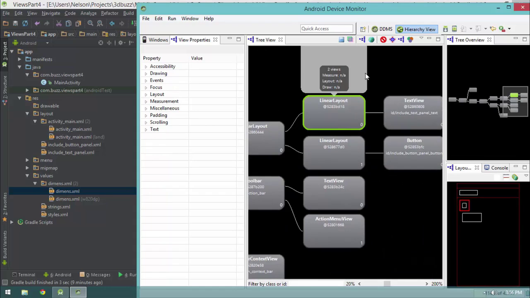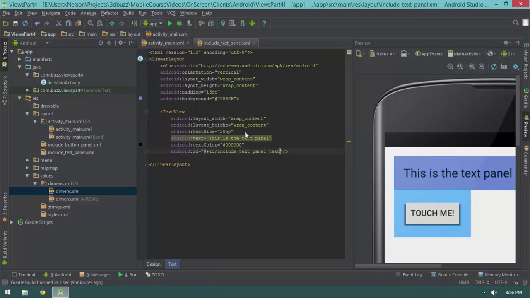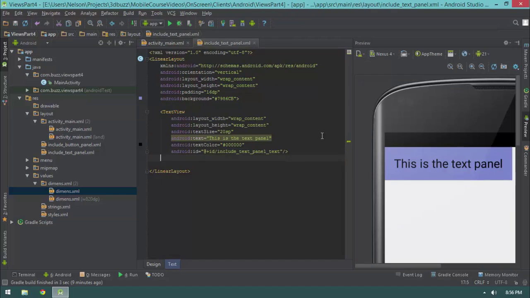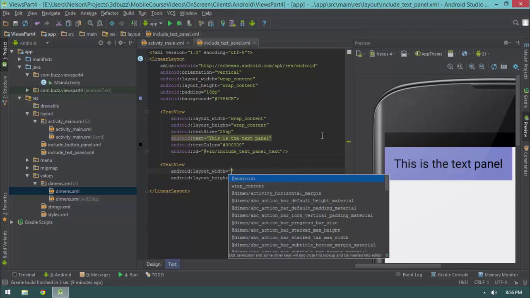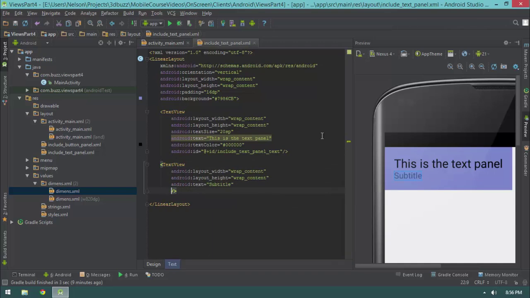So what do I mean by that? Well, let's say our text panel, I'm going to control click on this include text panel to go into it. Let's say this text panel had two text views. And the second one just said subtitle, and I'm going to give it a text color of 000000. Okay, so let's say this is a text panel and a subtitle. Now, what's the problem with this? Well, I'll show you guys the problem with this. If I hit run,